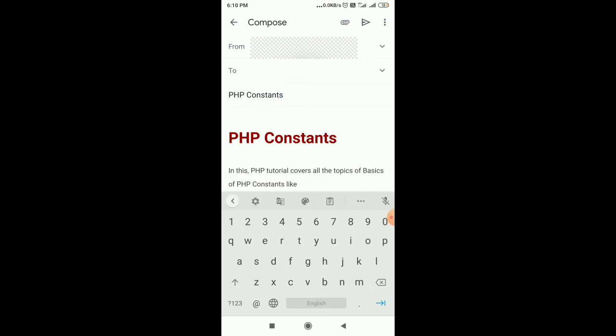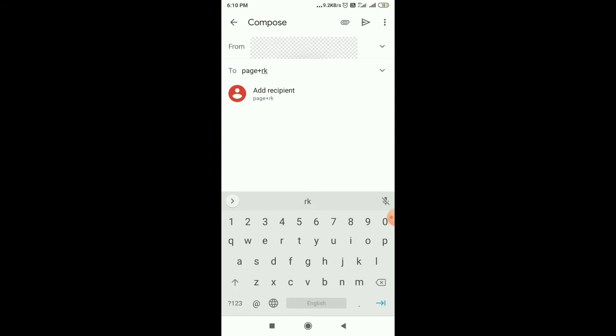And here we have to specify the email address. So what email address? Page plus, now here we have to specify the name of our collection. So for example, here I will specify RK PHP programming.